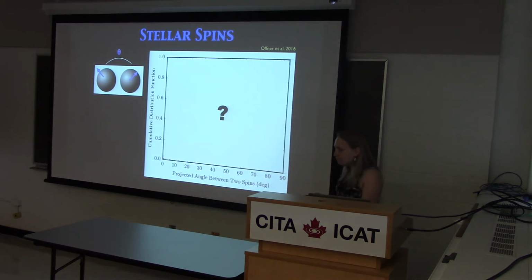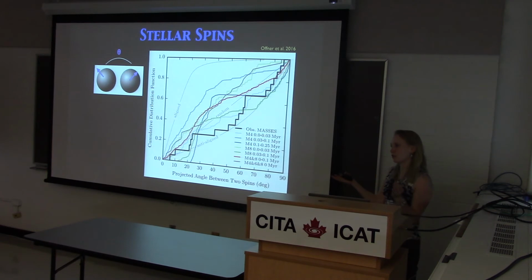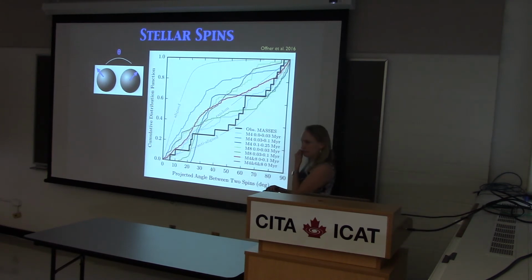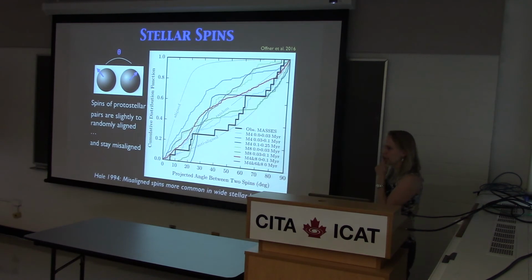And at the intermediate separations, you need to be sure you're still probing the natal systems. Yeah, so these are fairly natal, in the sense that they're all less than, say, 0.3 million years. So they're basically over the main accretion phase. Oh, I'm sorry, I meant the Hale. Oh yes, these are evolved stars. These are field stars.